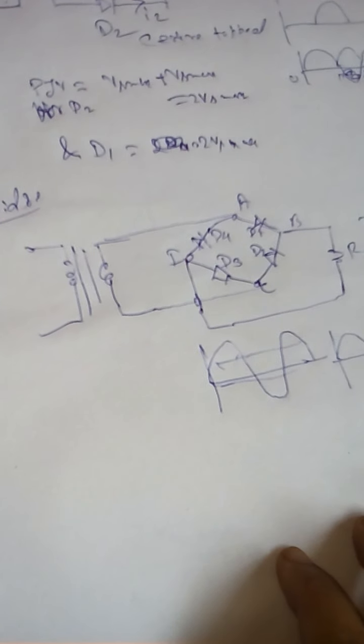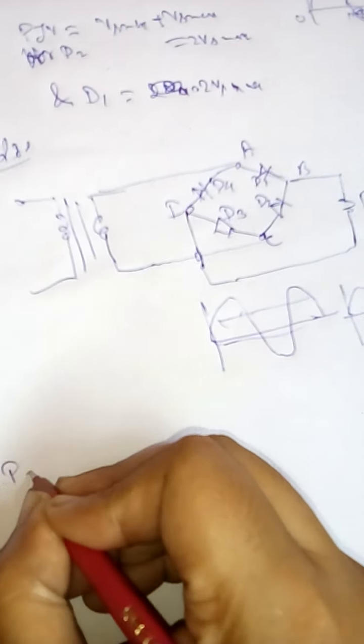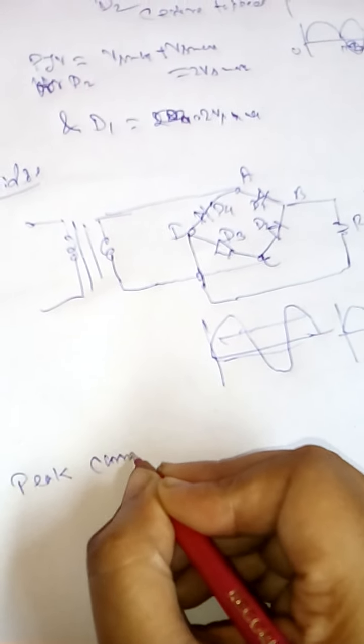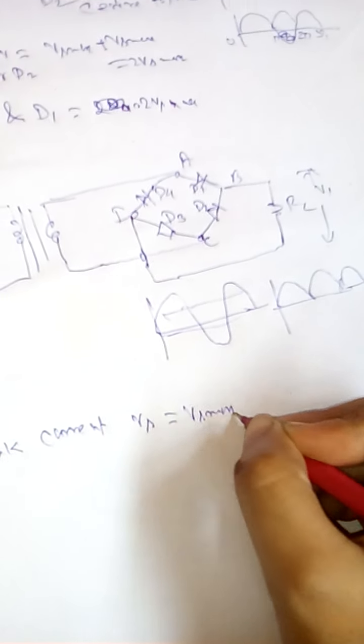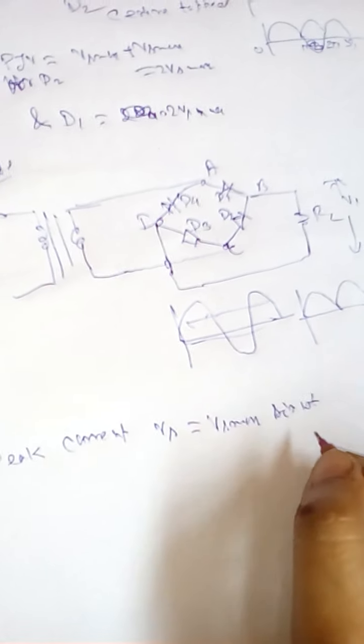Then the peak current. The circuit analysis for both the full wave rectifier, center tap and bridge rectifier, is the same, except in the bridge rectifier circuit two diodes conduct in each half cycle, so the forward resistance is doubled, 2RF. In the bridge rectifier, Vs max is the maximum voltage of the transformer secondary, whereas in the center tap, Vs max is the maximum voltage of half of the secondary.